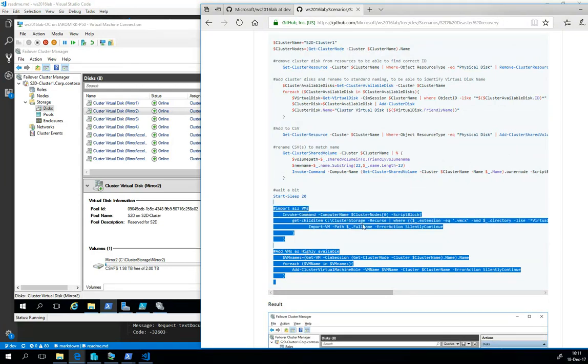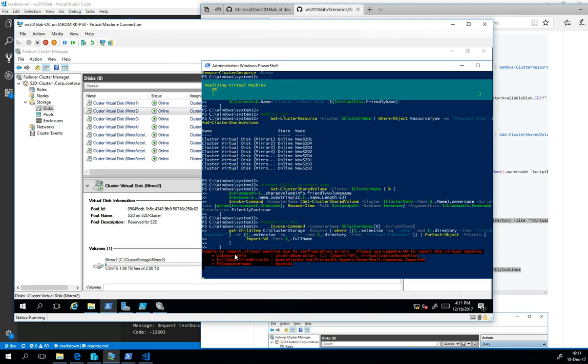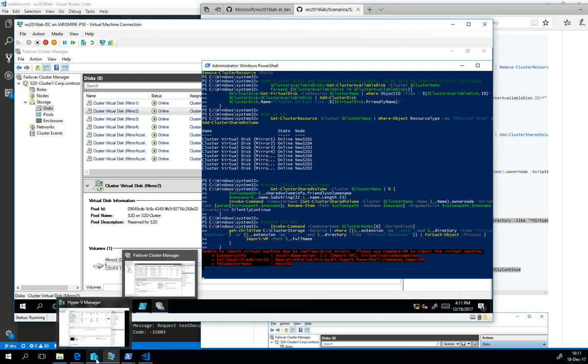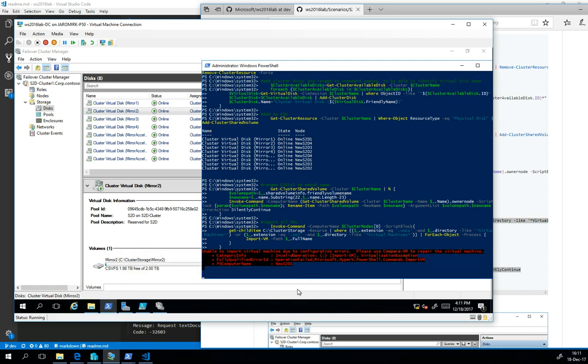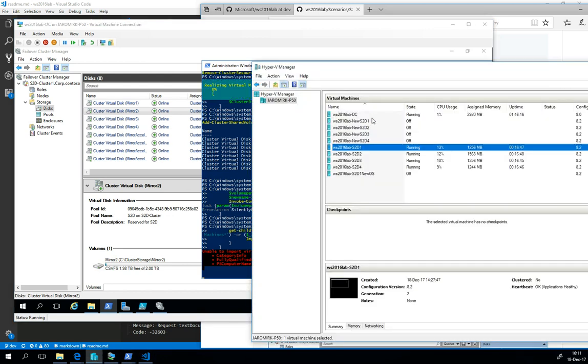So there is error action silently continue. See, that's not because of configuration errors, but it's because we don't have enough memory, I guess. So what I will do now, I will a little bit increase the memory of this VM just by modifying the settings,